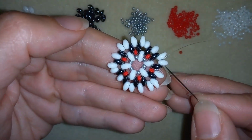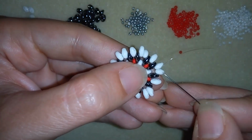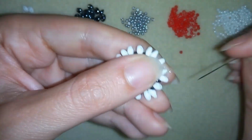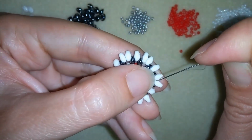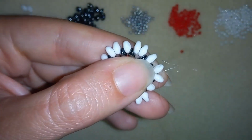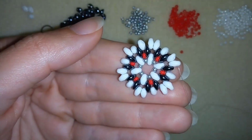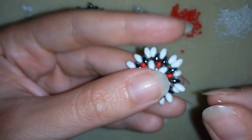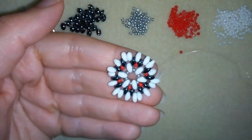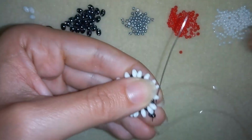Okay, and in this step I'm going through this gray bead and through the next white bead, and then I want to go, so my thread is exiting from this hole and I want to go through the outer empty hole of the same twin, just like that. And I'm going to flip my work this way because, as you know, it's easier for me to work in this direction. And I'm going to start adding 1 twin bead,